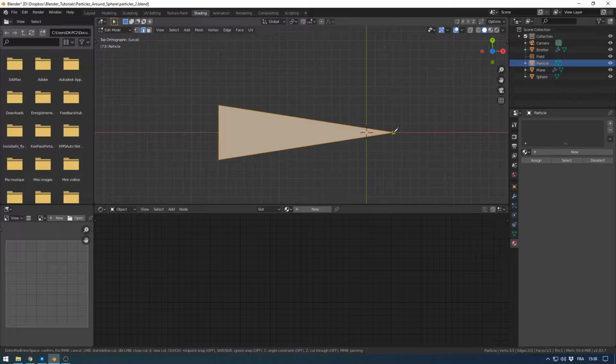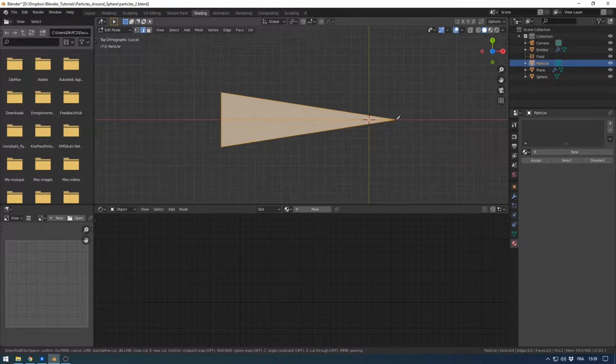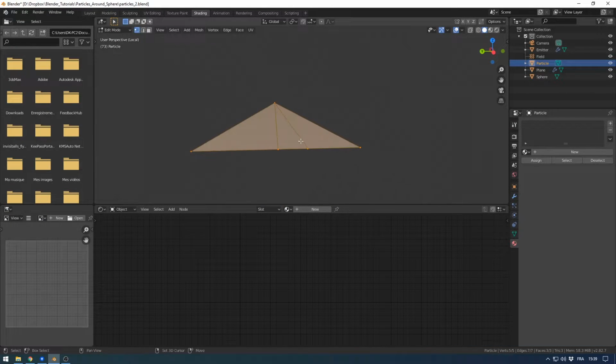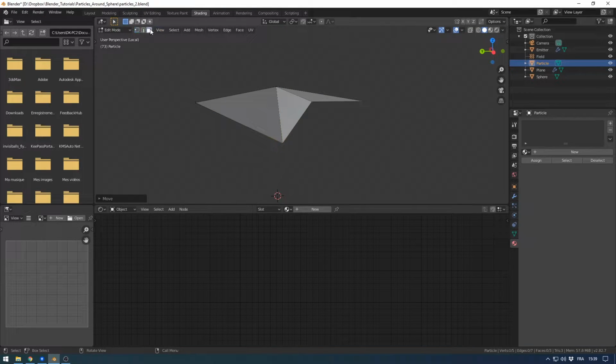So press K, go to this vertex here. Press C. Okay, so I have something like this. Great. I will do another one like this. Perfect. I will just set this down, delete this one,